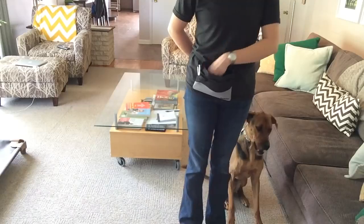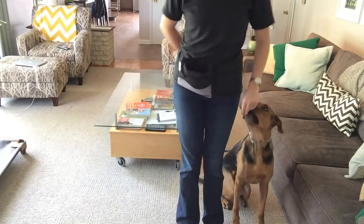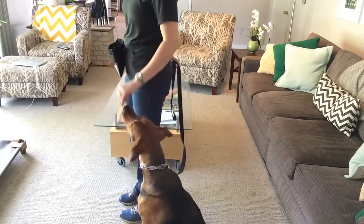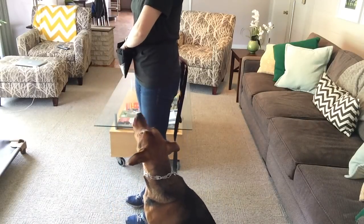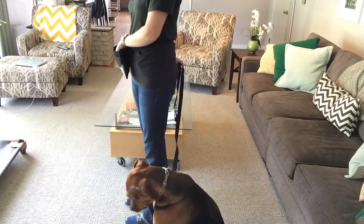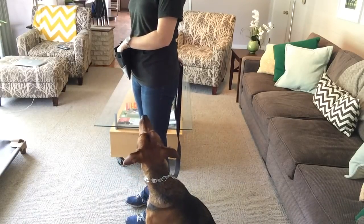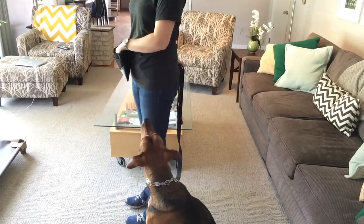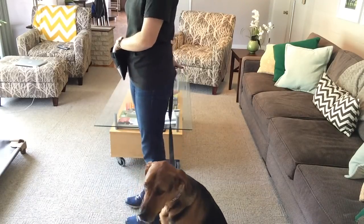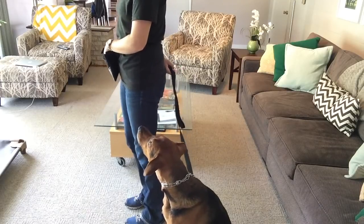Good. At the point that you stop, you can raise the treat up above their head, luring them into the sit. When their butt hits the ground, you give them the kibble. Good. So you're now teaching them to move forward exactly with you. At the point that you stop again, they're going to sit automatically, and then you give them the food. As you get better and better at taking just a couple steps forward and then automatically sitting for the food,